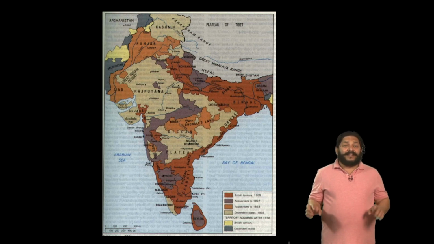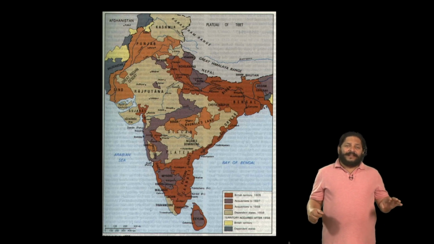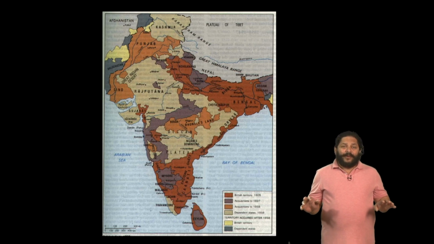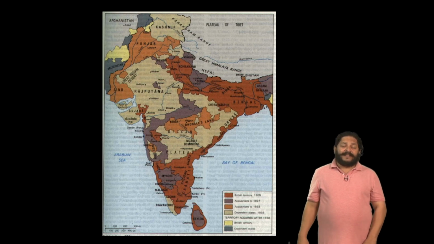Variously titled Rajas, Maharajas, Nawabs and Nizams, these princely states were eventually absorbed into a patchwork of territorial holdings that the British acquired. While the British had their presidencies in Bombay, Madras and Calcutta, all three of whom have changed names since, the rest of the country, almost a third of it, was under the control of these princely states.